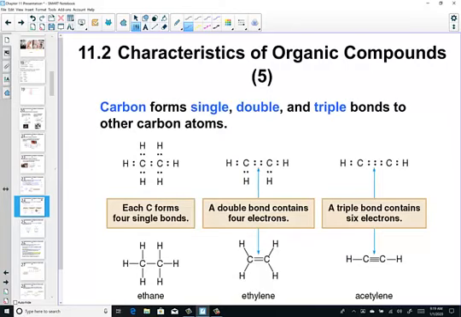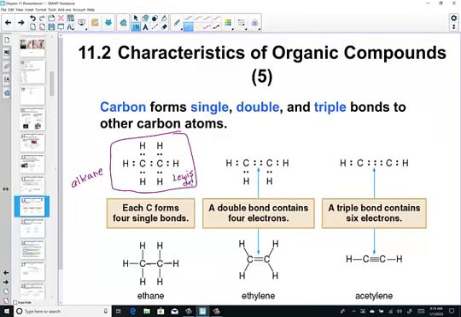Carbon forms single, double, or triple bonds to other carbon atoms. One shared pair is a single line, each carbon forming 4 single bonds. We're going to draw in our boxes the Lewis dot structure for ethane, a 2-carbon hydrocarbon. We're going to learn this is called an alkane, since all of the bonds in this compound are single bonds. Ethane, drawn with its shared pair structural lines, and ethane, drawn with its Lewis dot structure,